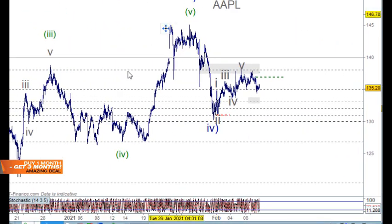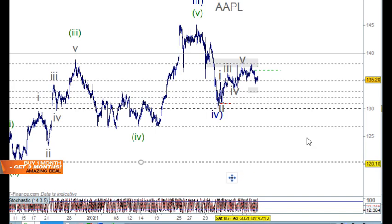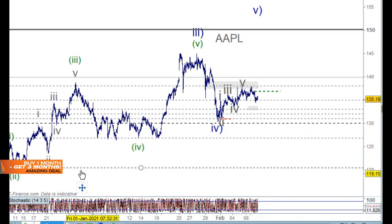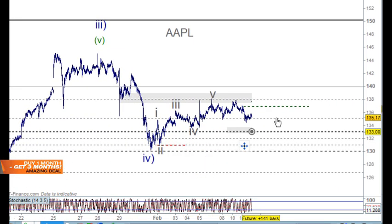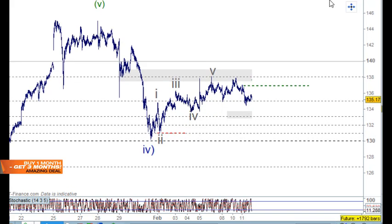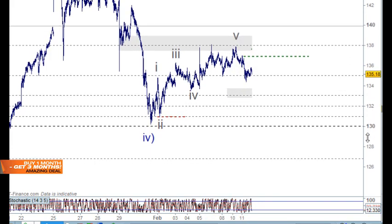Might have to do the same with Apple as well here. So with Apple, we've got this trend up here. We've been looking for wave 3 and 4 sitting here. So we've been looking for the first impulse wave to the upside, which I'm going to have to adjust now and put that over to here. And that means that we'll be pulling back into,